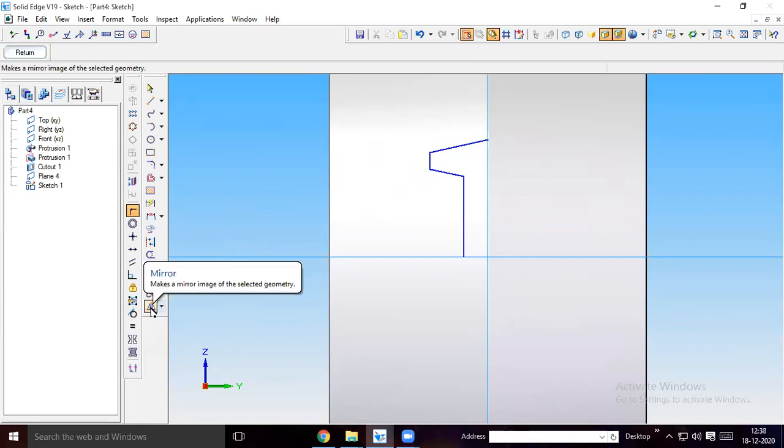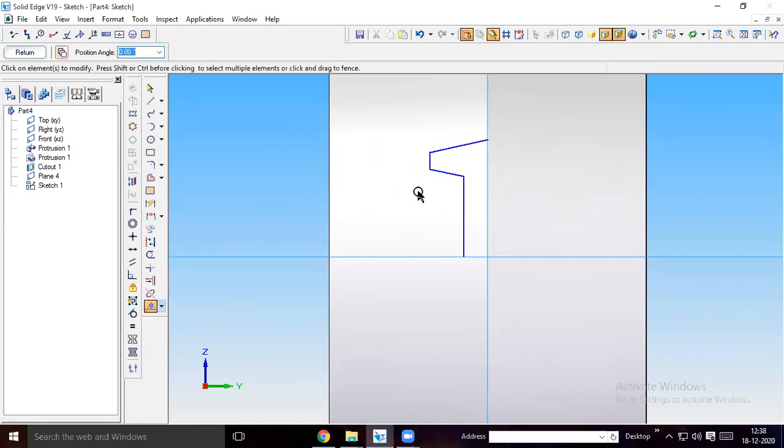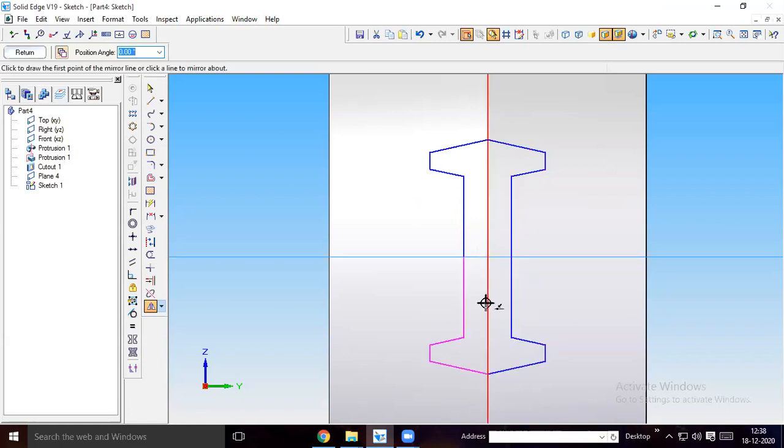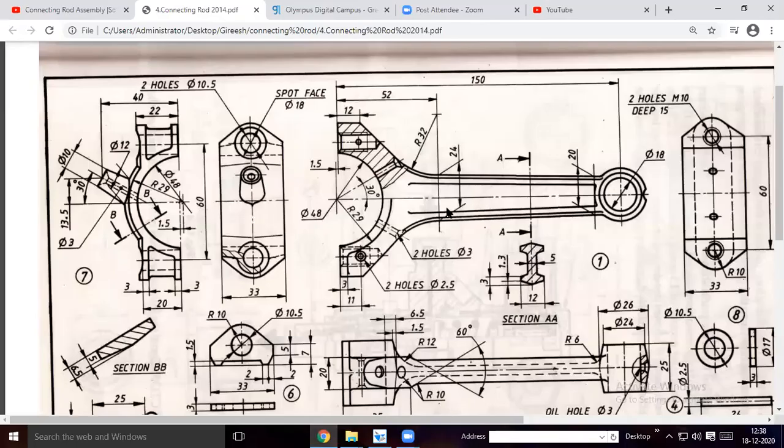So that's why you have to connect this point and this point. Then you do mirror to the right side first. Select this profile, mirror like this. So then mirror like this, then mirror like this. Okay, so in mirroring, you have to connect between these 2 points as well as these 2 points as well as these 2 points as well as these 2 points. Is it clear? See, I created this profile here.